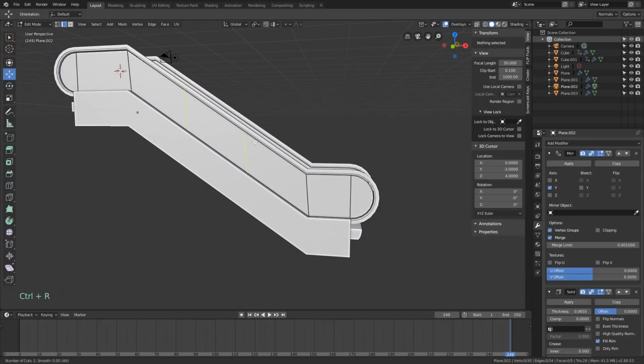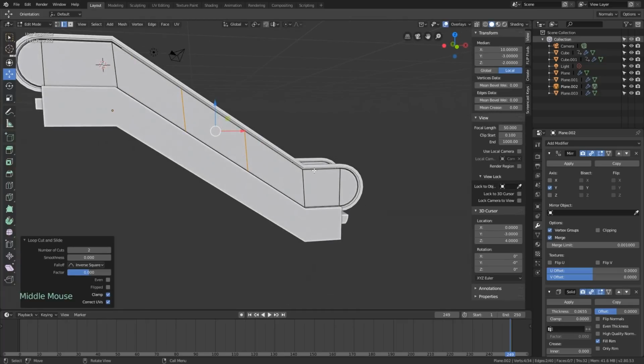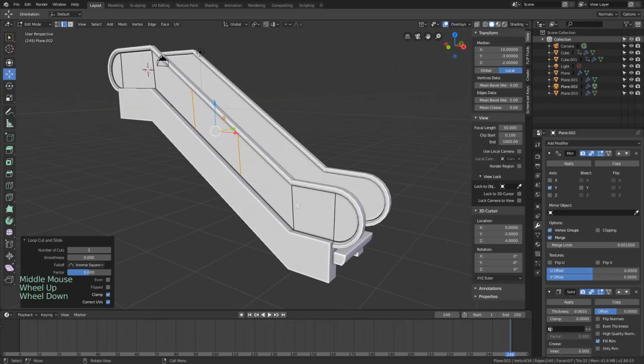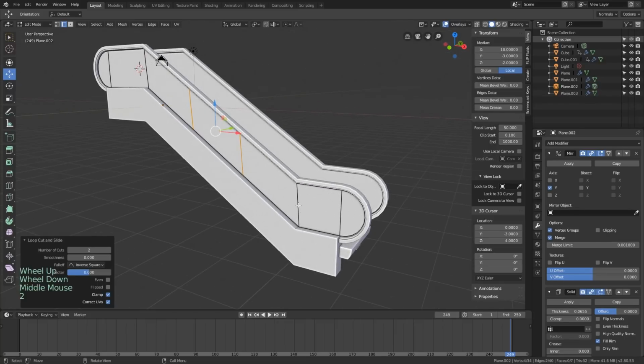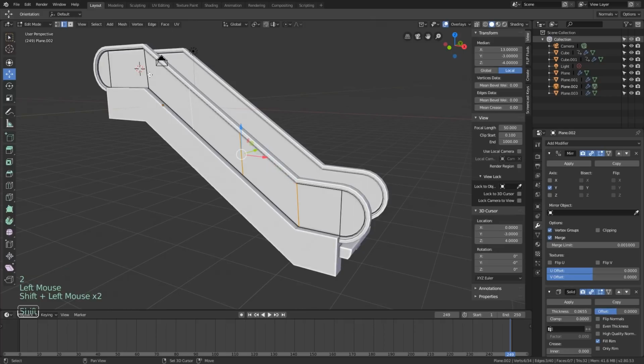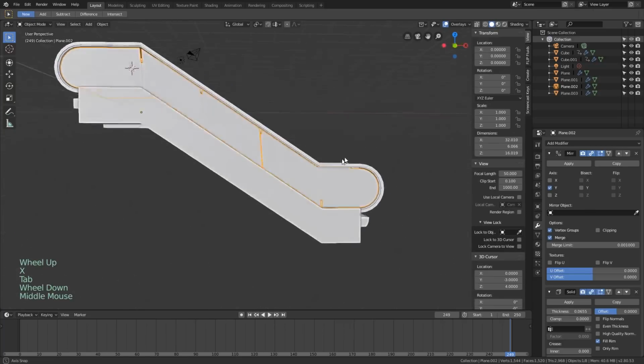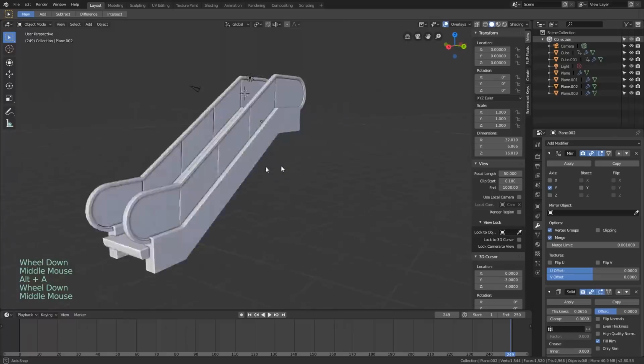So I'm just pressing Control R to cut it a little. Let's just do like that. Yeah, I guess just 3 panes. That should look decent. So now, to cut those, I want to select this edge, this edge, this edge, and this edge, and then press Control B to bevel, and that'll add an extra edge, and that'll leave our faces selected, so I can just press X and delete faces. Now we've got some nice little panels here.